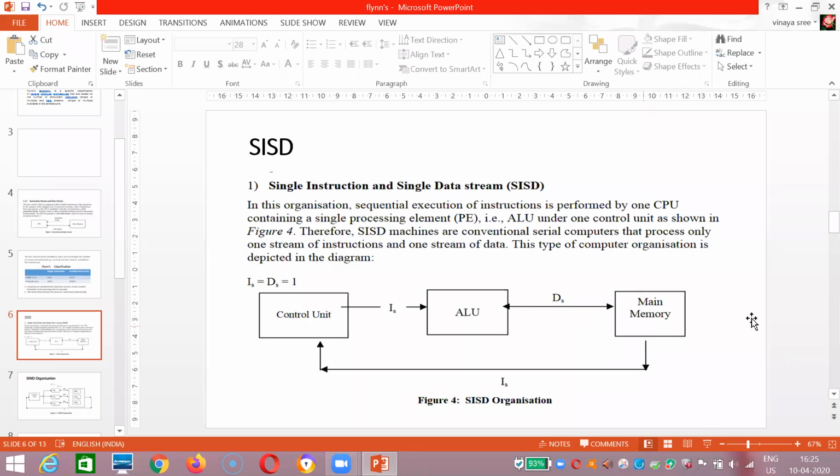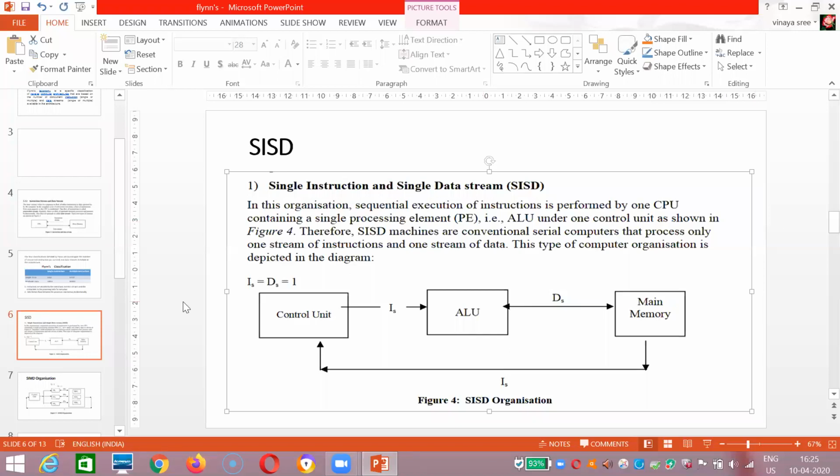Okay, so it is not parallel, it is serial. Serial computers process only one stream of instruction and one stream of data. Single instruction and single data. So this type of computer organization is represented by this diagram. Okay, now coming to